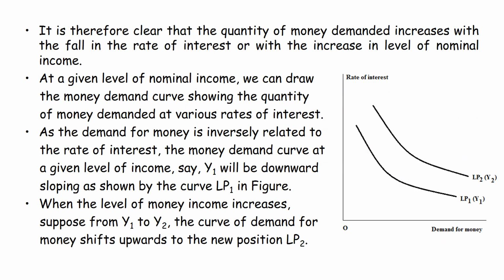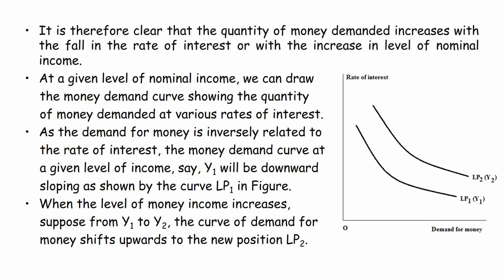So it is clear that the quantity of money demanded increases with the fall in the rate of interest and with the increase in the level of nominal income. At a given level of nominal income, we can therefore draw a money demand curve showing the quantity of money demanded at various rates of interest. As the demand for money is inversely related to the rate of interest, the money demand curve at a given level of income,